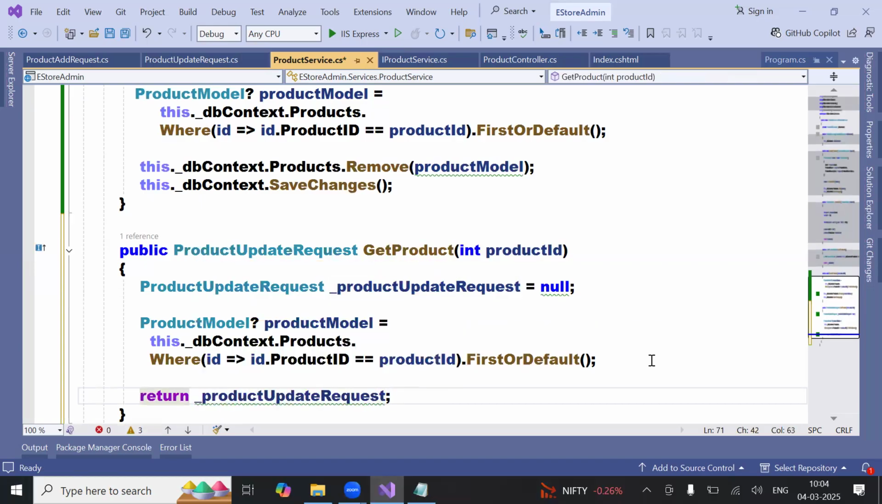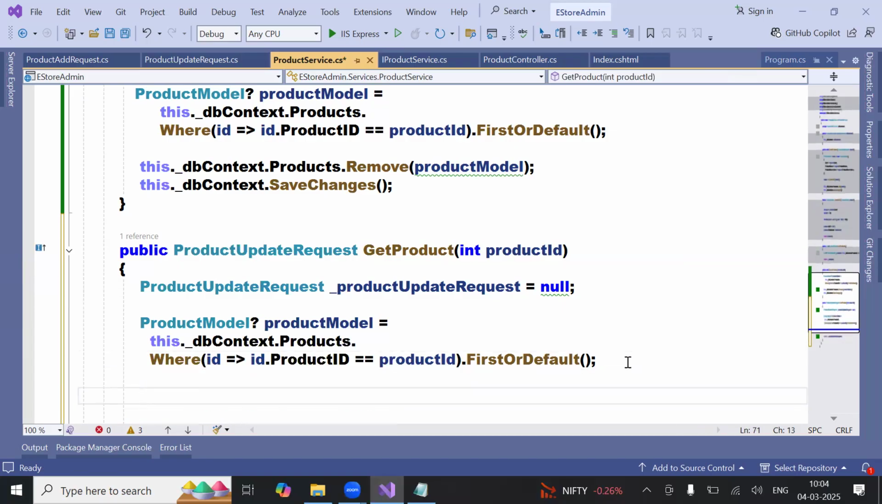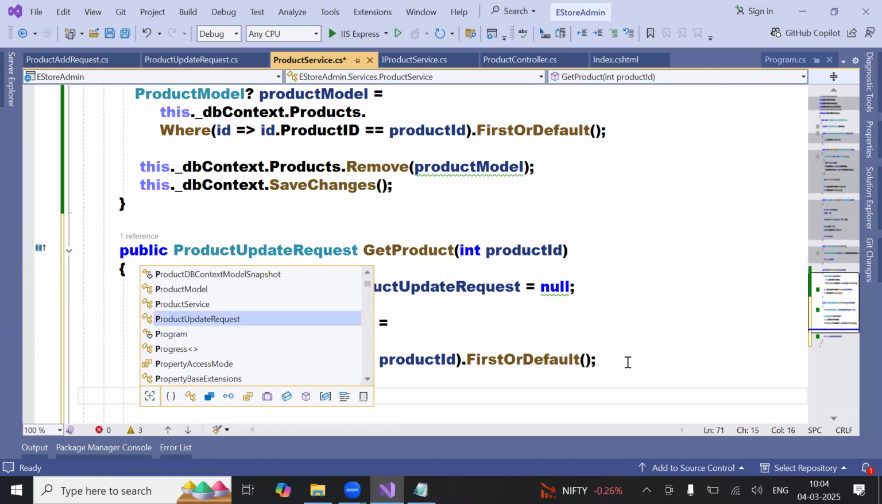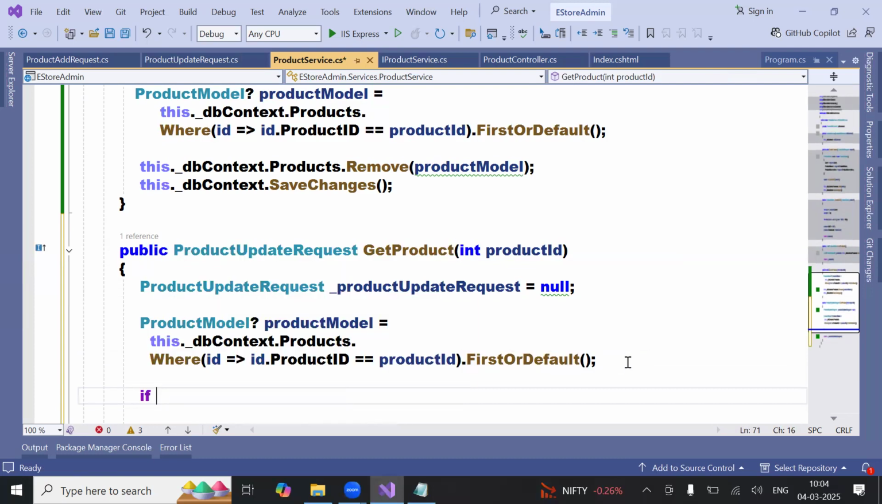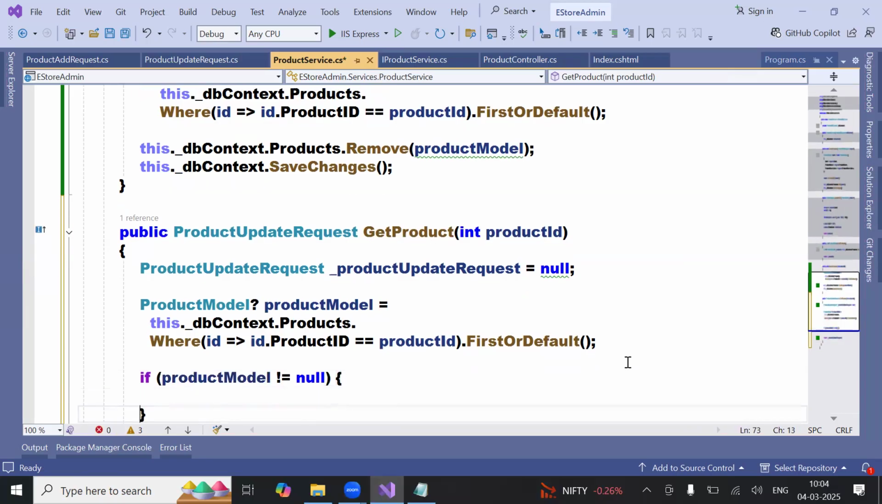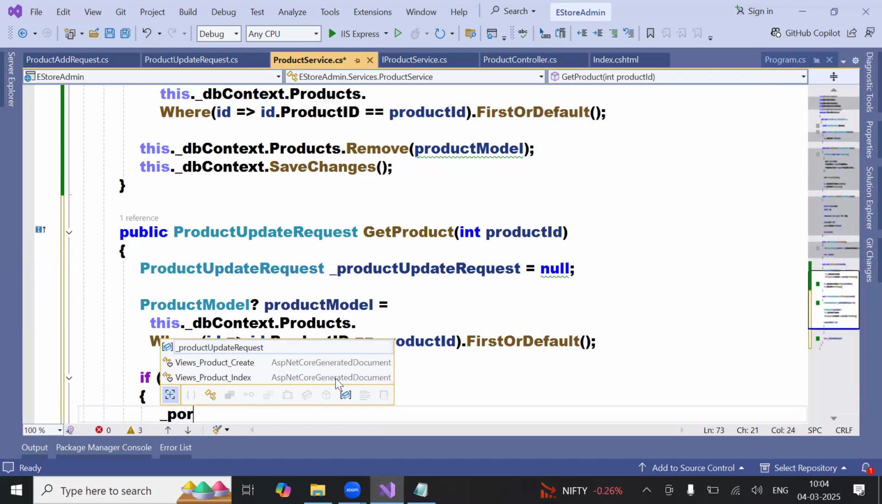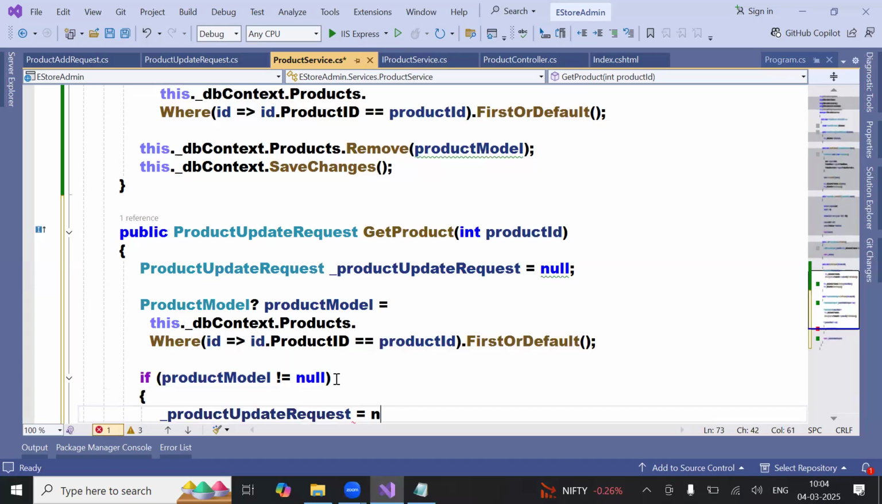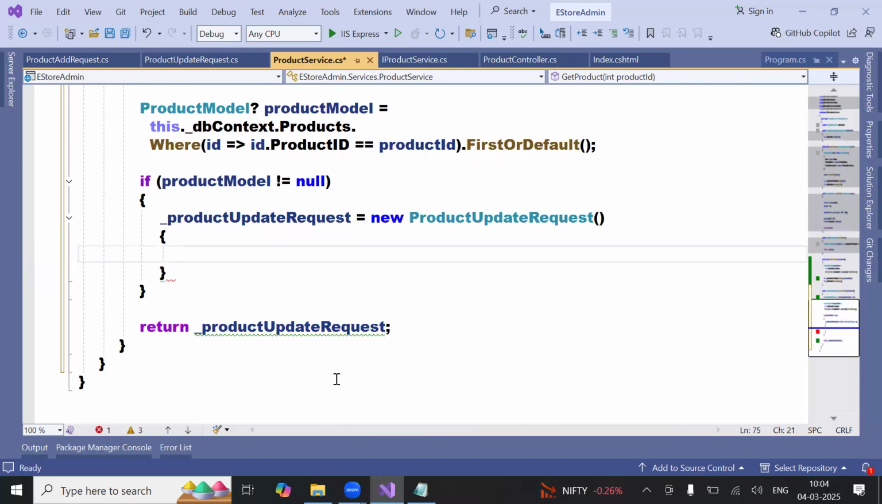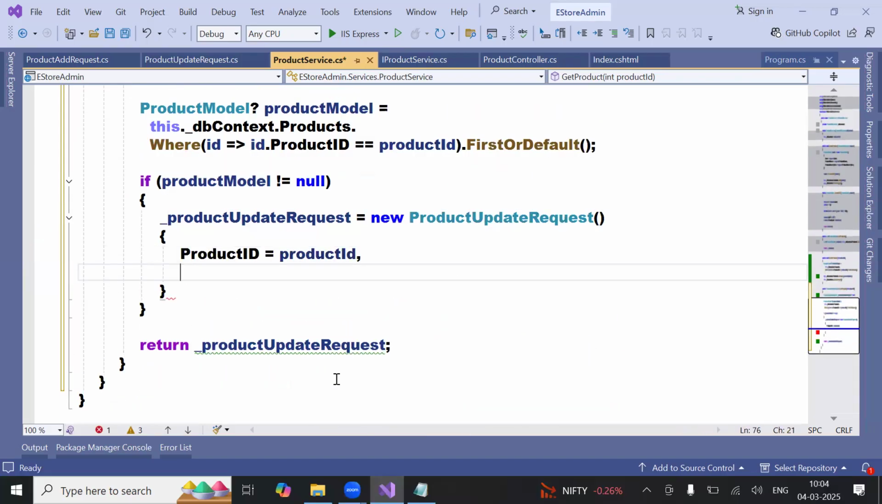I'll tell you why I'm doing this. I'm returning the product request. Now what I'm going to do here: if product model is not equal to null, if the model is not null, underscore product update request equal to new product request. Here I'm going to say product ID, cost,